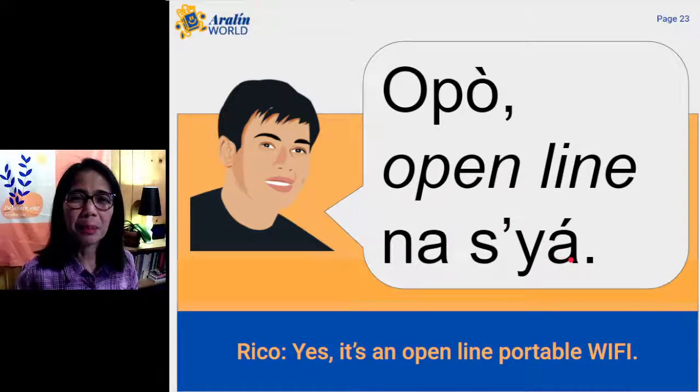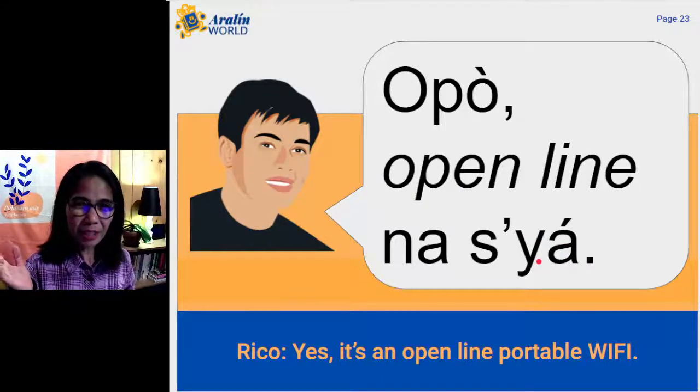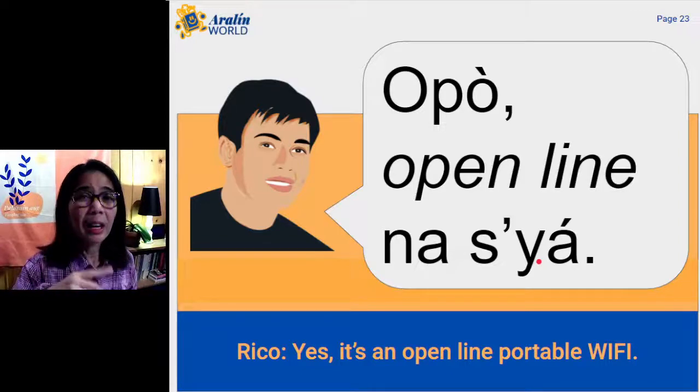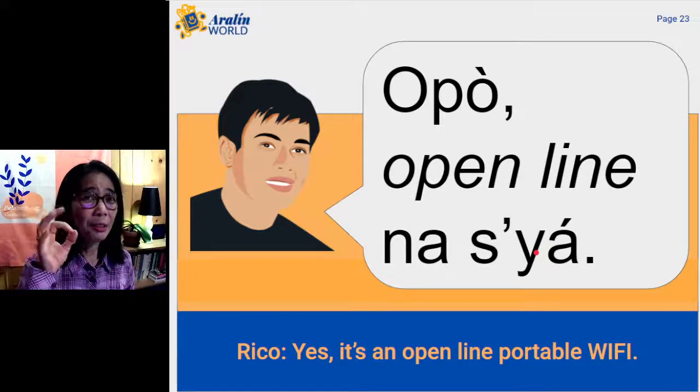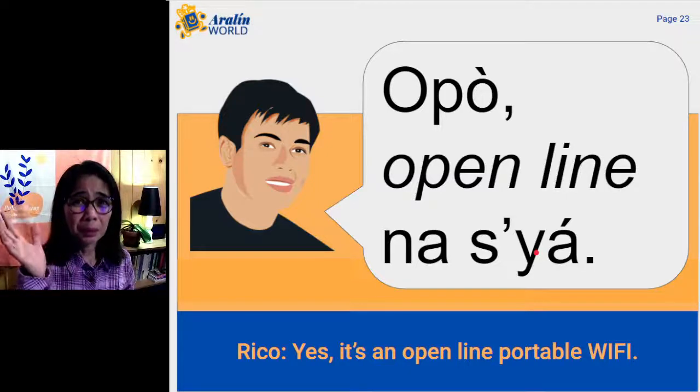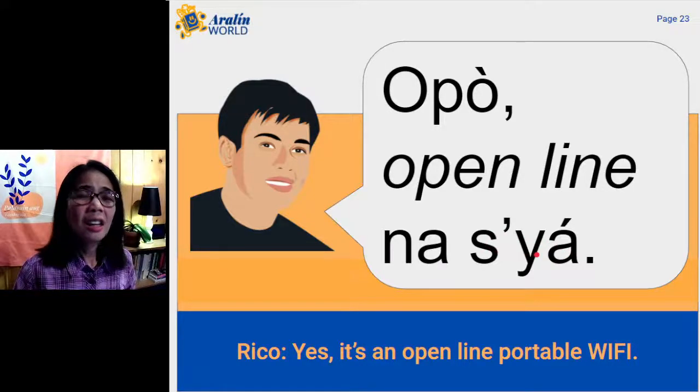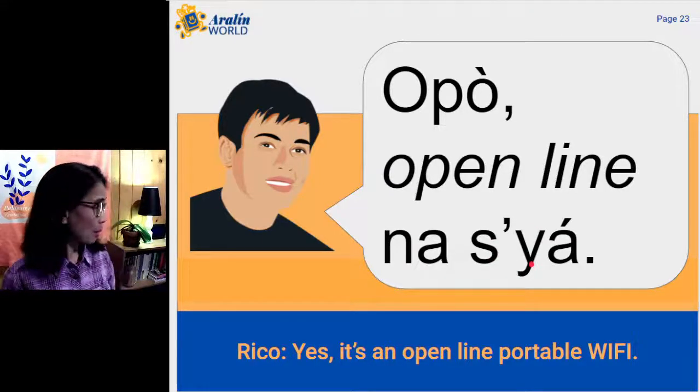Siya is a pronoun, but this is a personal pronoun. It means a person. You're referring to a person. Siya, him or he or she, siya. But take note that these days, Filipinos use the pronoun siya even if we are referring to an object or a thing or even to not a person. It has been a trend already that siya has always been used most frequently even if you are not referring to a person.